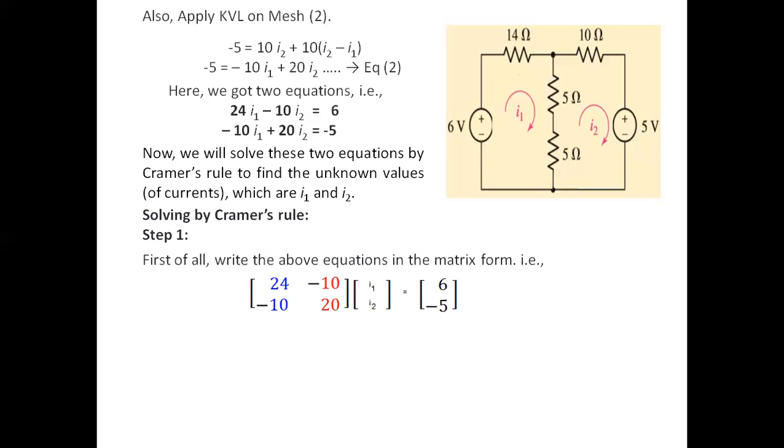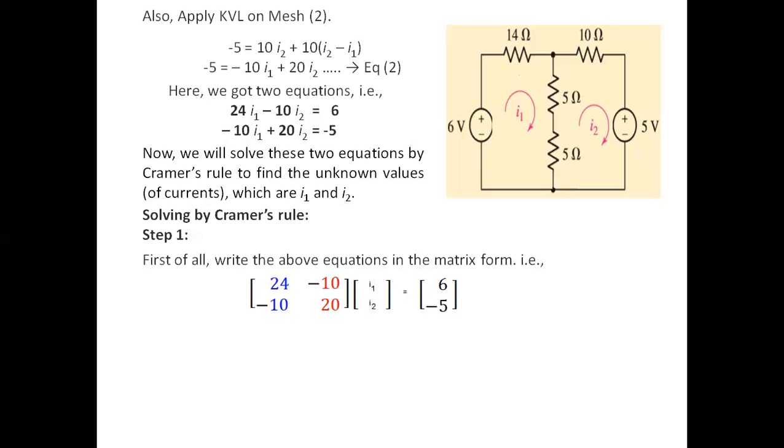Now we need to find I1 and I2. Generally, you would shift this matrix to that side, find the inverse, and multiply to get the answer. It is A x equals B, so x equals A inverse B. It is a similar way here, but we are not going for the inverse. So by using Cramer's rule,